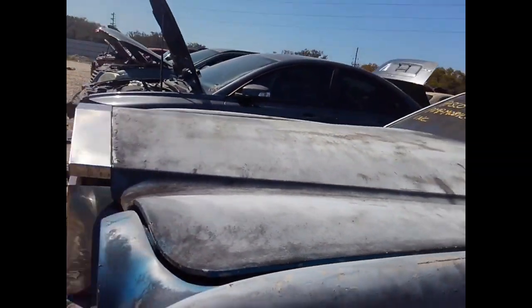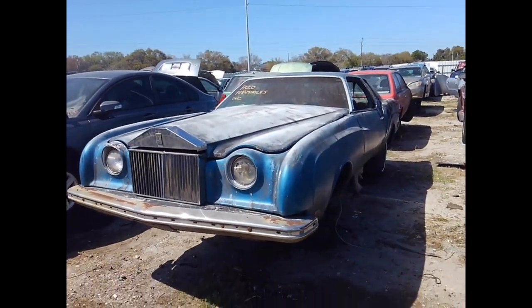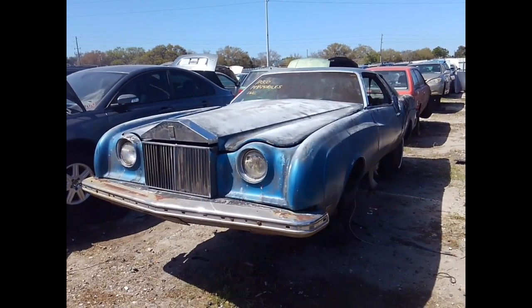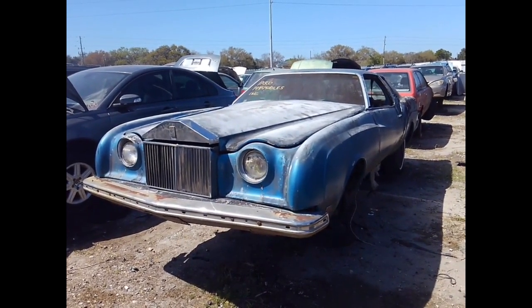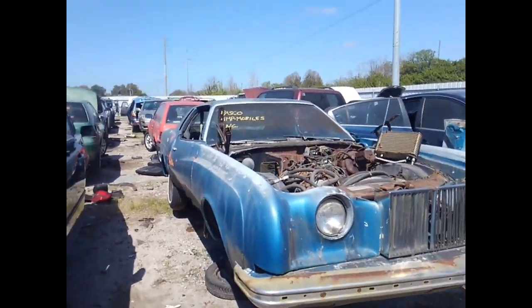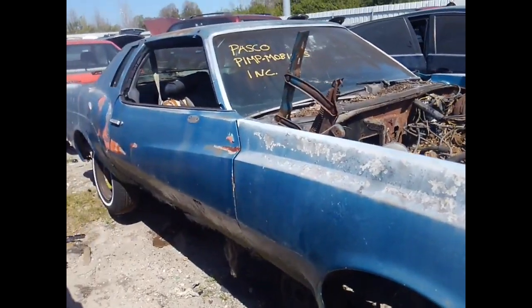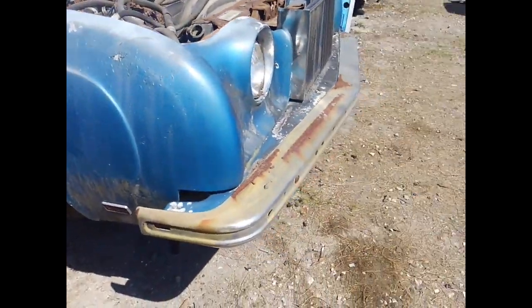I wish it would have had leopard skin interior and dingleberries hanging down around the edges. But that's definitely a Pimpmobile. Oh, here's a neat car. Pasco Pimpmobiles. Kind of looks like a